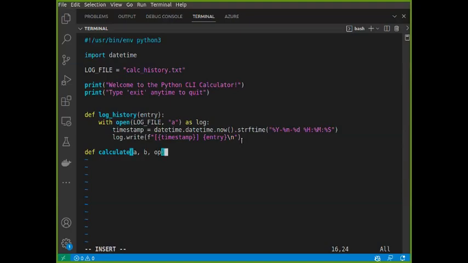This is the main meat of the operation. Now we have created a new function to calculate. There are three values inside: A, B, and operator. A is the first number, B is the second number, operator is the third one. Now let's do a bunch of ifs. So if op equal to